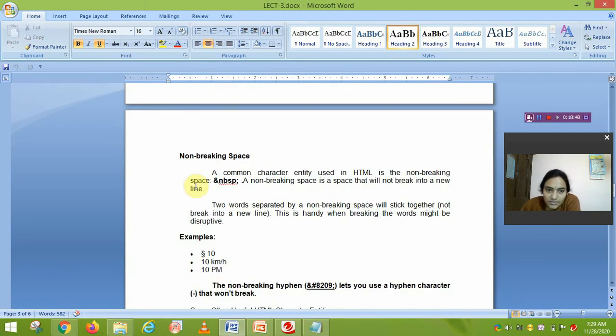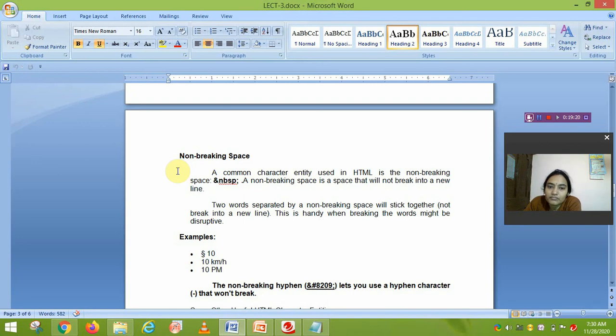Another special character entity is the non-breaking space. If you want to add some extra space in your document, then you insert ampersand NBSP semicolon. Okay, so ampersand NBSP is a common character entity used in HTML for the non-breaking space.